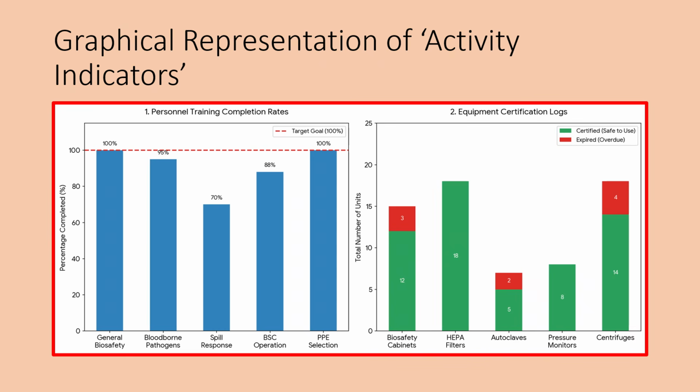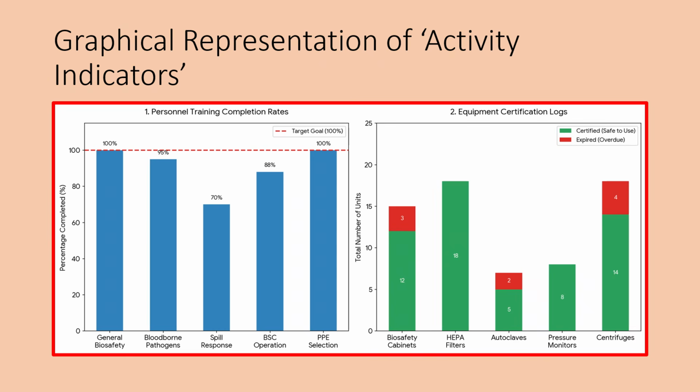Shown below is a graphical representation of two of the activity indicators. The first one is on personnel training completion rates. This chart tracks safety training compliance across 5 mandatory modules. The red dashed line represents 100% target goal of the lab. This allows safety managers to instantly see that spill response training at 70% is lagging and needs administrative attention to